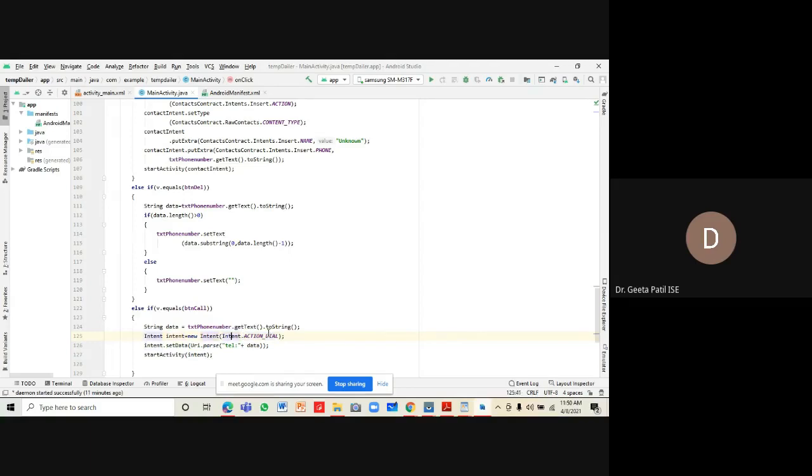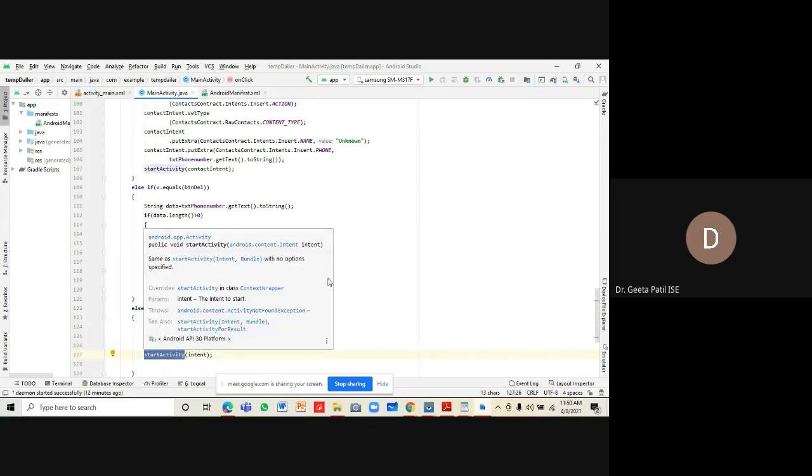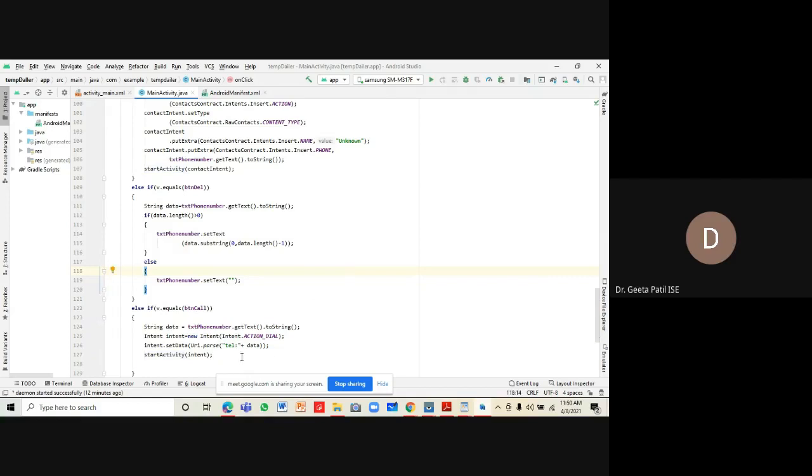To make a call, a dialing application is required. So that is what is being called by this start activity. And before that, we need to pass the data. What is it which we need to dial? We need to dial the telephone with this particular data. And start activity will call the activity which is required for making the phone call.